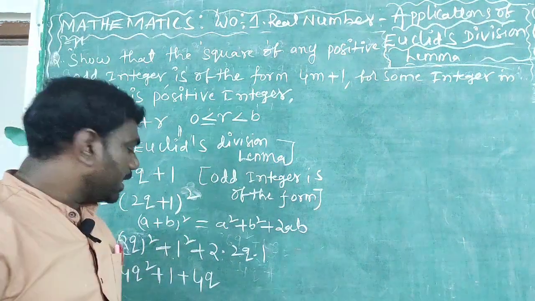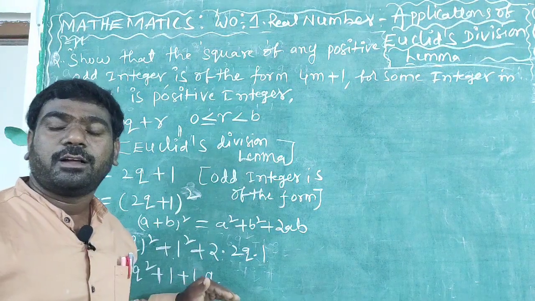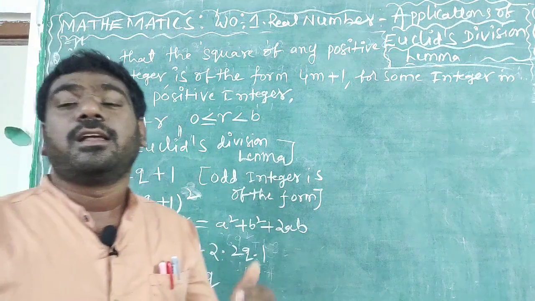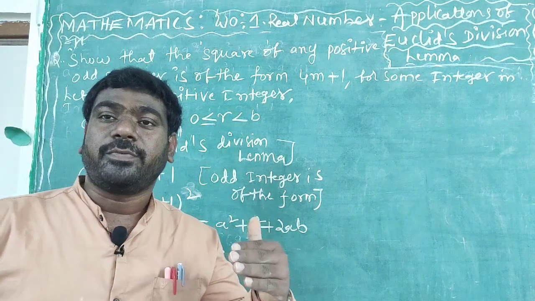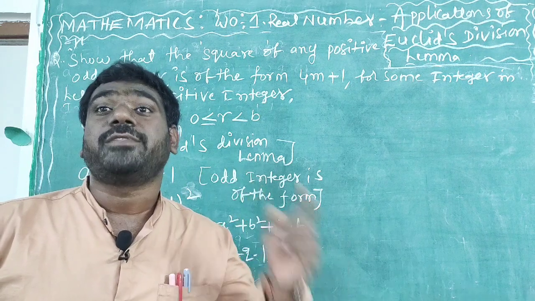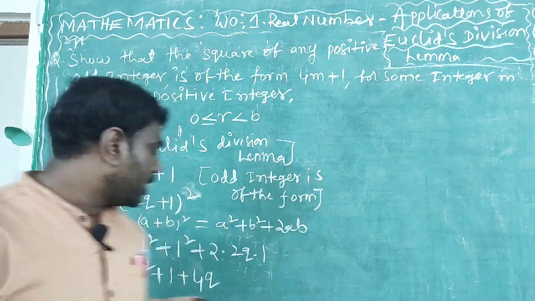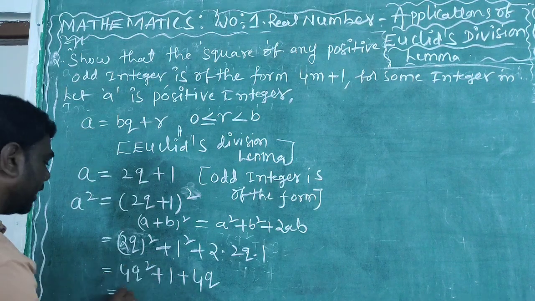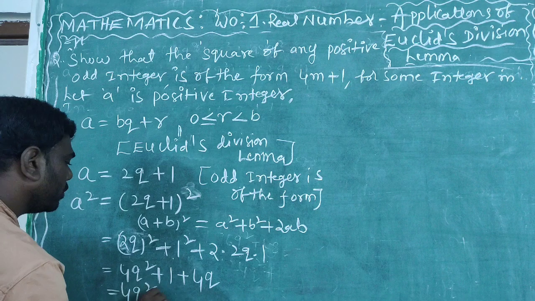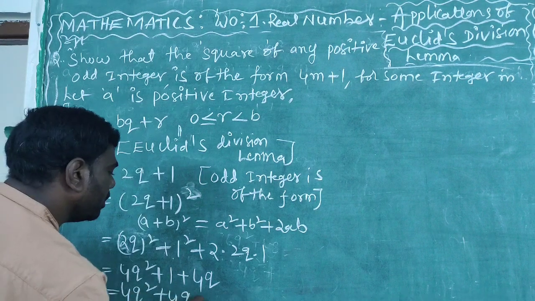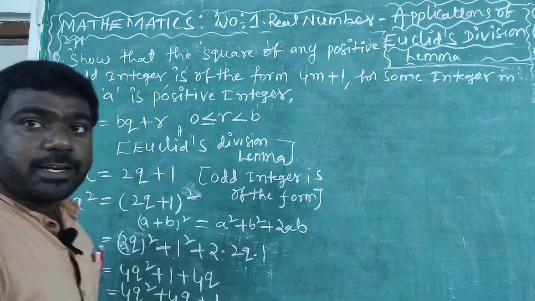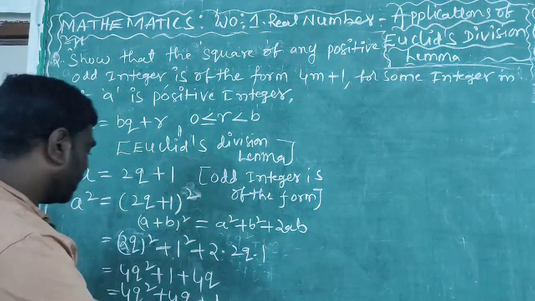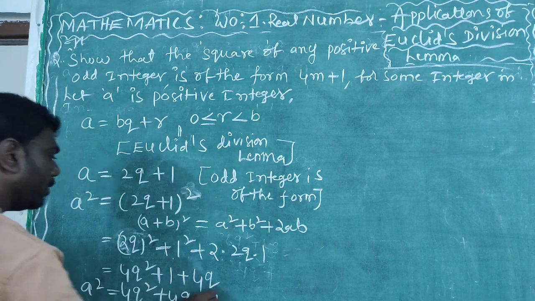Is it in the standard form? No. Why? Because it has algebraic terms. What is the condition for algebraic terms? Algebraic terms are always expressed in descending order of their degrees. So now see, first we write the square term, degree 2, that is 4q square, next degree 1, that is 4q, last one degree 0. The constant degree should be 0 only. Already we know that one.